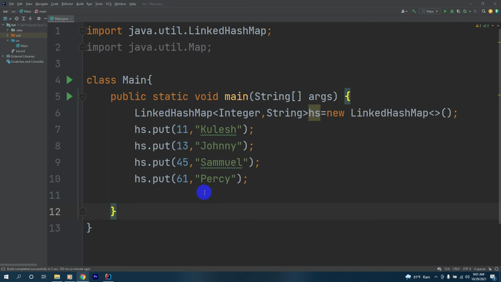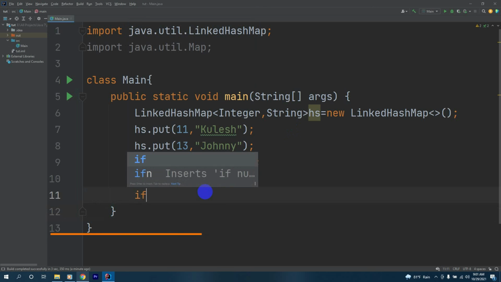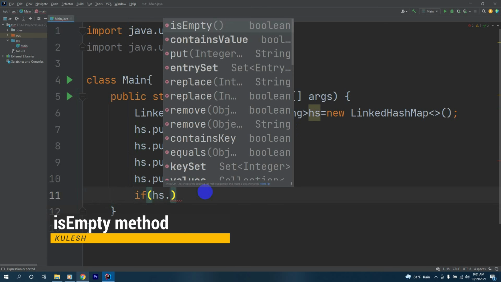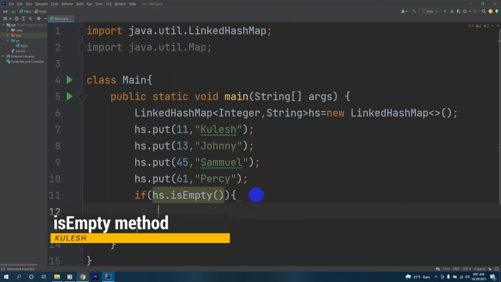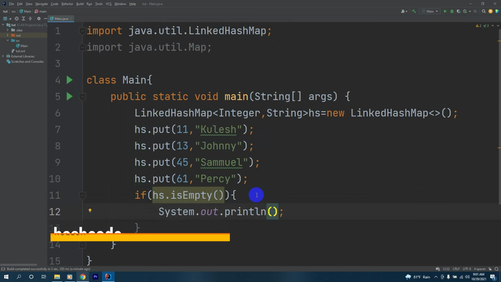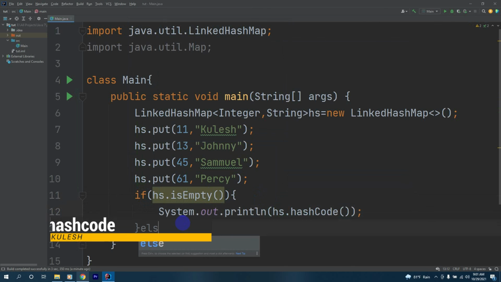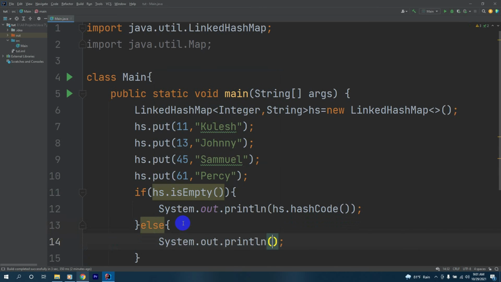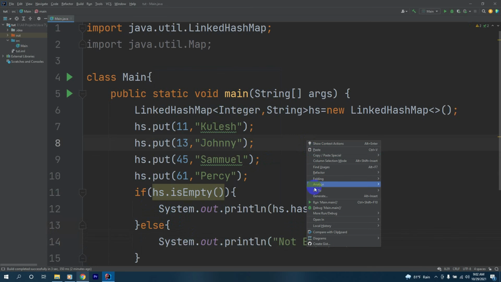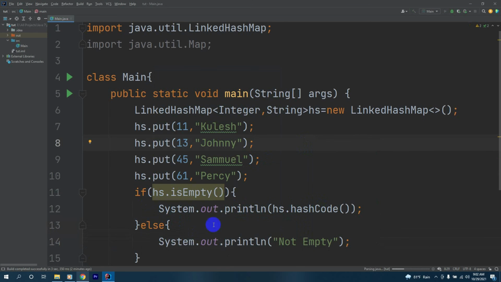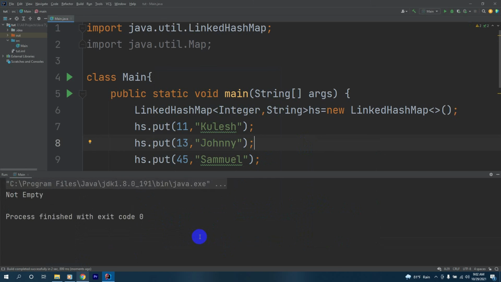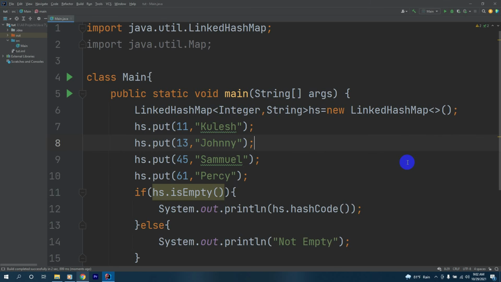Now let's see another method. We'll have an if here that says hs.isEmpty, and inside we'll have an sout to print the hs.hashCode of our linked hash map. Then we'll have an else that prints not empty if the linked hash map is not empty. Now let's run this and check the output. We got not empty. This happened because the linked hash map has values.